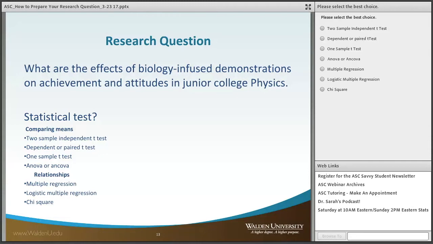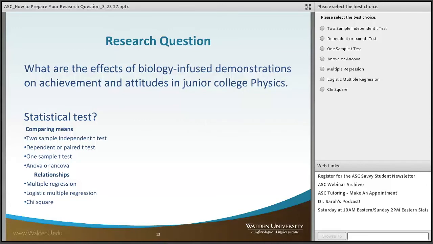We can see that we could do an ANCOVA where we tested them at the beginning and tested them at the end. We could do a dependent set on this one where we had the students tell us all they knew about biology at the start and then what they knew about biology at the end. But that wouldn't really be logical, because hopefully when they take a biology course at whatever level, they've taken it to learn something more. So the dependent t-test would not be good here. It might be good on attitude.